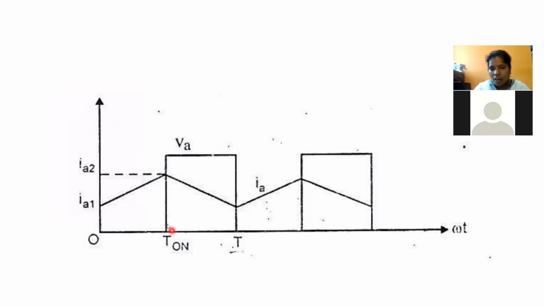That means during turn off only, you are going to draw some pulse. It is regarding the output voltage. And listen to the current values. It is the minimum value IA1, armature current limit 1, and armature current limit 2. In between these two levels, our armature current is going to fluctuate. So these are the output waveforms for the corresponding second quadrant drive.